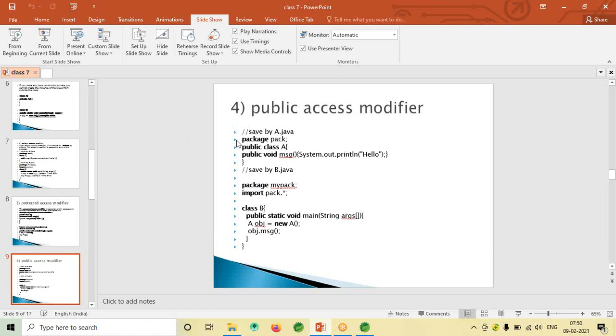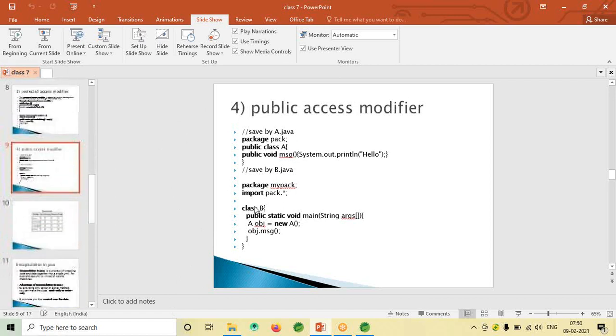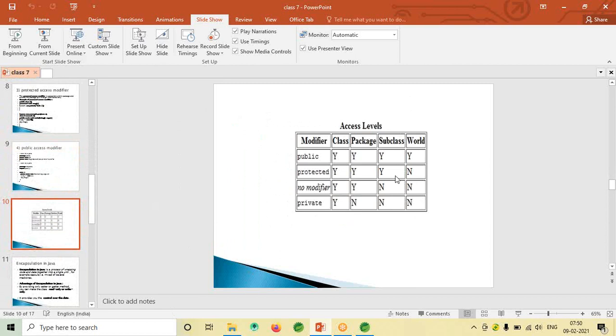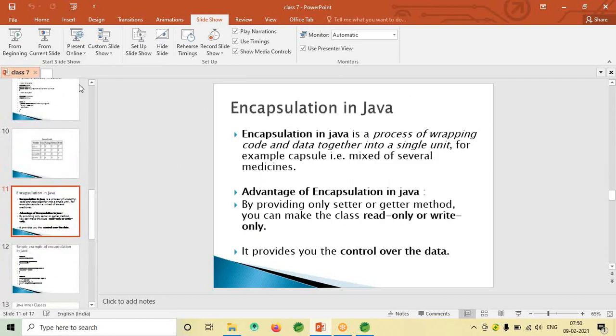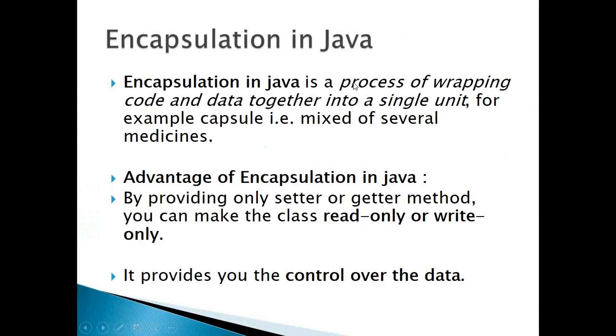Okay, so I think many of you already know these concepts, so I don't want to go into much detail about the access modifiers. Next we have encapsulation. Encapsulation is the process of wrapping code and data together into a single unit. The example for encapsulation is